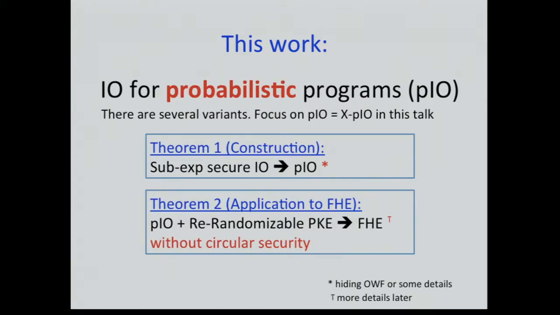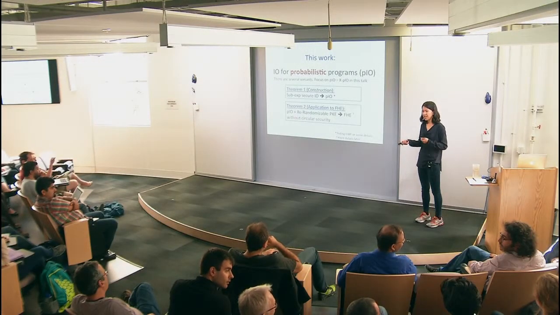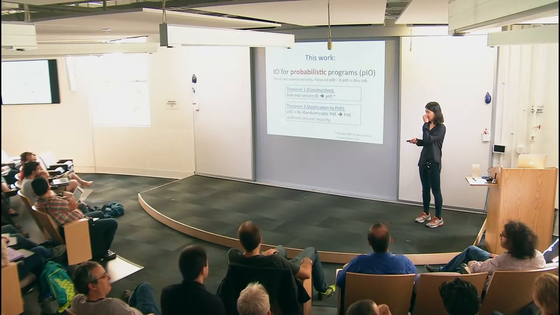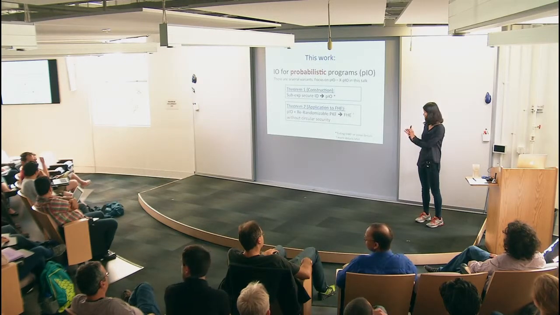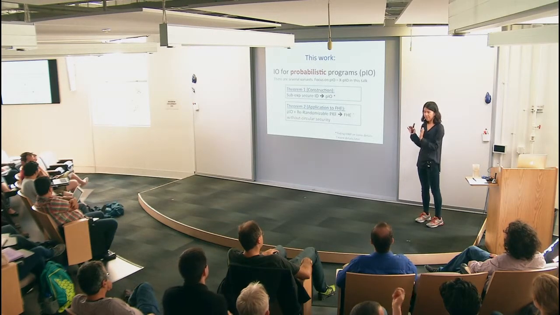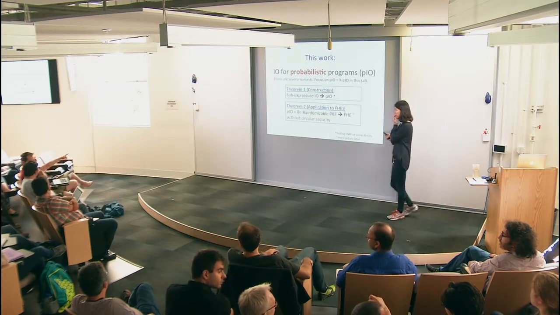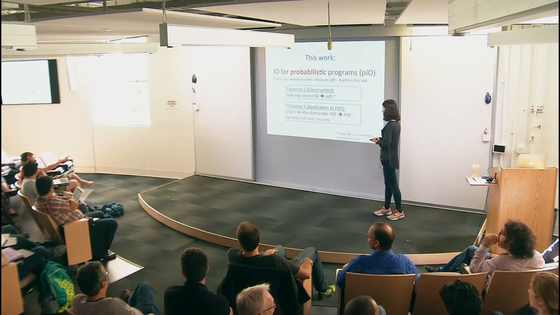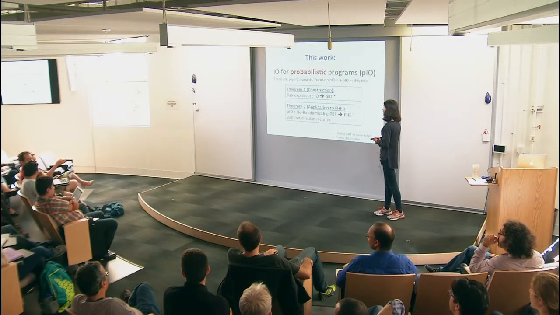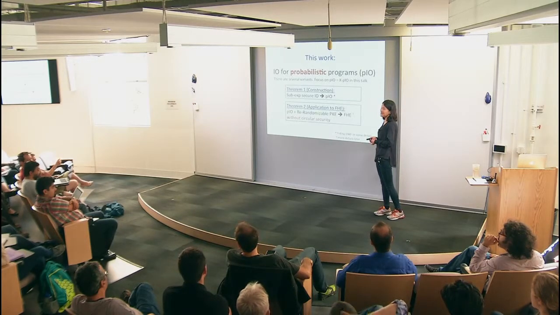So this draws a connection between I/O and FHE: you can view it as sub-exponential I/O implies FHE, except that we need a little bit more, which is the re-randomizability part, which you will see why it comes into play. You can't build randomizable PKE just from secret key encryption and PIO. I tried, it didn't work out for me. But maybe someone else can.